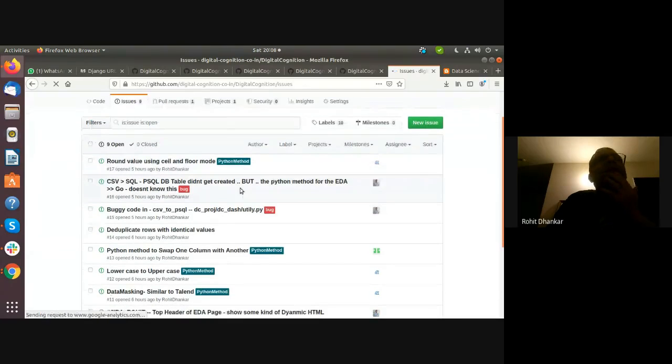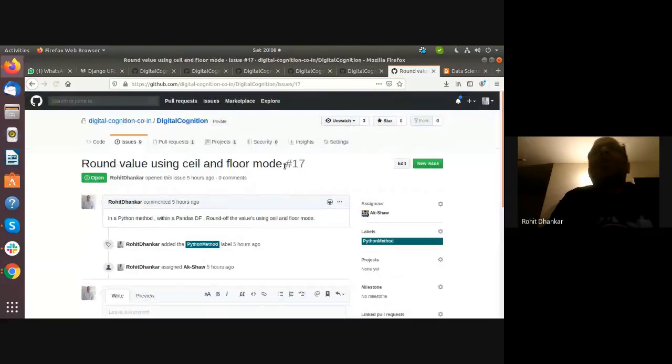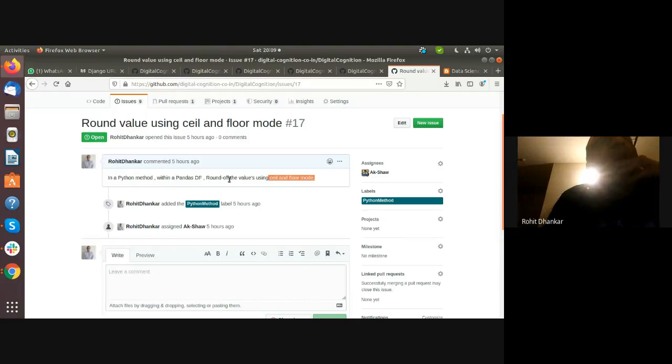Like this one, I have given to... who is this? I've given this to Ayush only. What Ayush needs to do is code a Python method within a pandas data frame to round off the values using ceil and floor mode. Ceil and floor are two modes to round off numeric values.